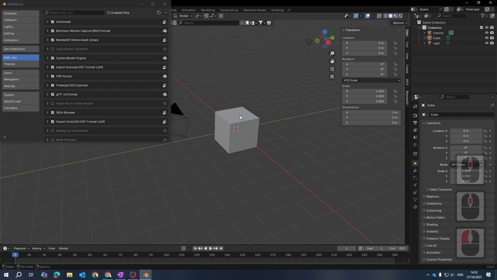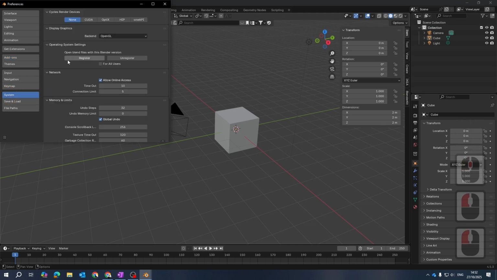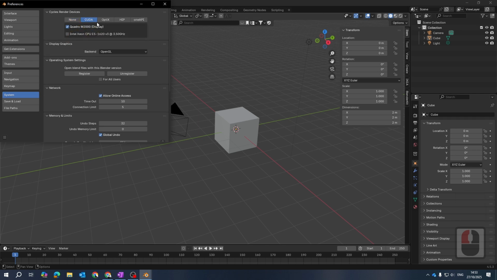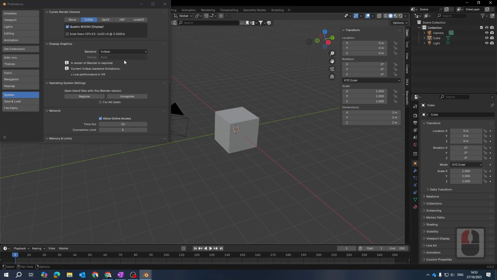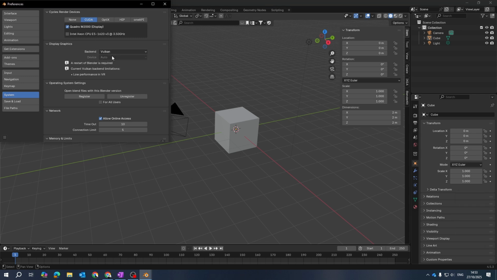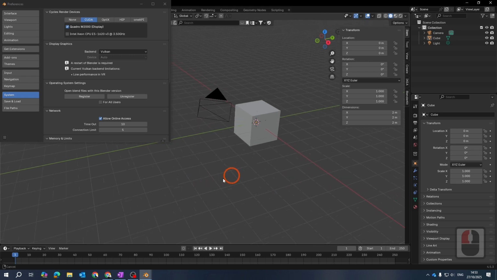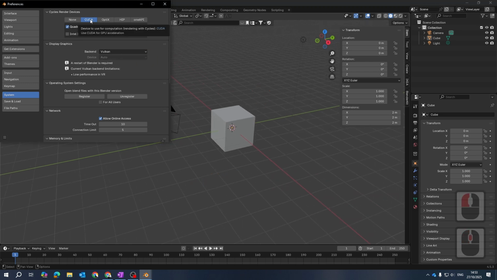The next thing I think you must all go and spend some time setting up is using the correct render for this. I'm going to use, for this machine, because I've got a graphics card, and you can see it's asking me what resources I want to use to render. So I'm going to use this CUDA. I'm going to use the graphics card to do this. You can use your CPU as well. It depends on you, but I'm going to use